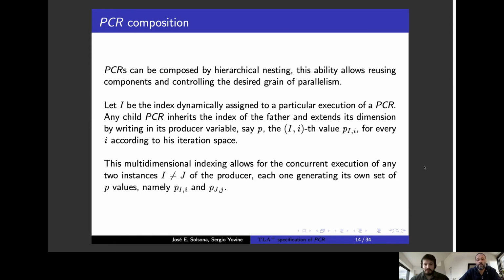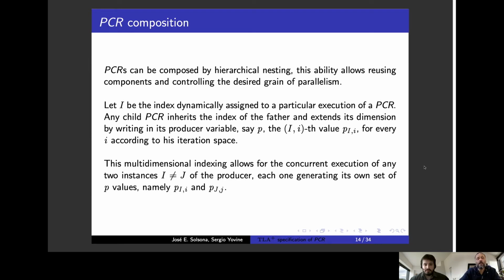This is the basic model, the basic specification of Fibonacci primes, but the function is prime itself can also be parallelized. So we want to do that. In this case, we want to replace the function is prime by a PCR. And when we resort to nesting PCRs, we need to